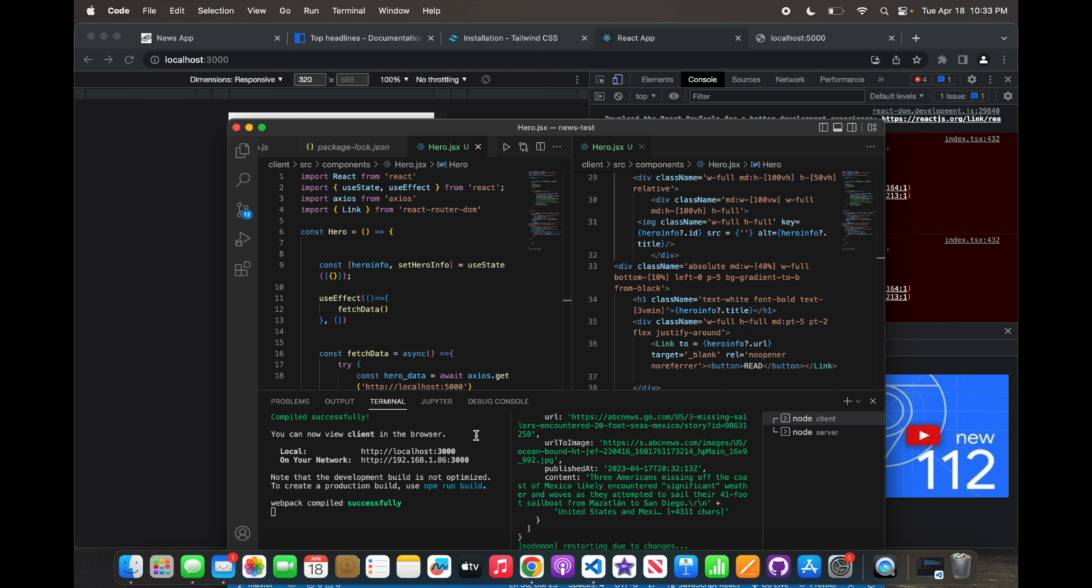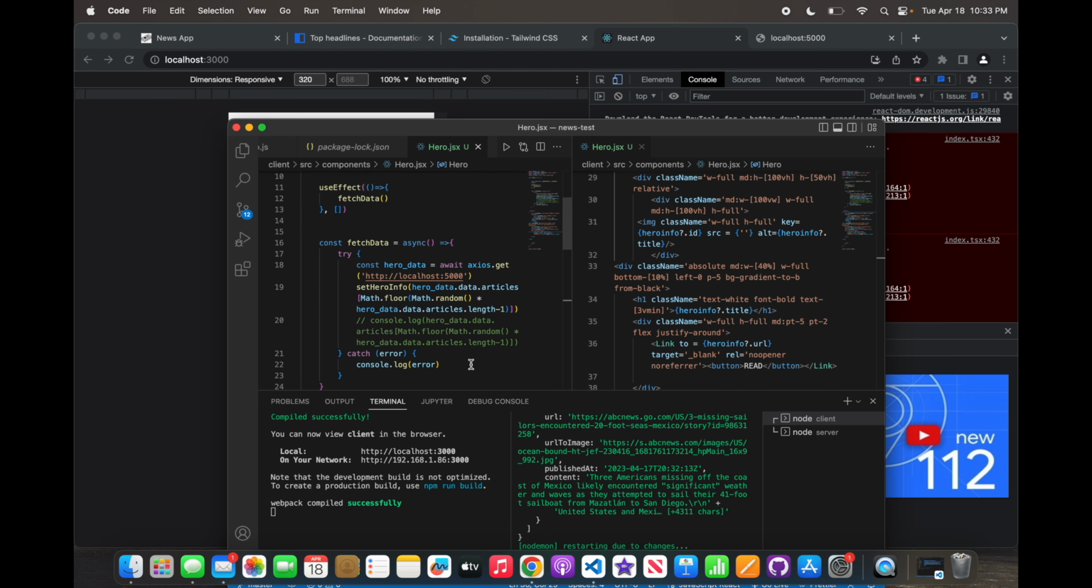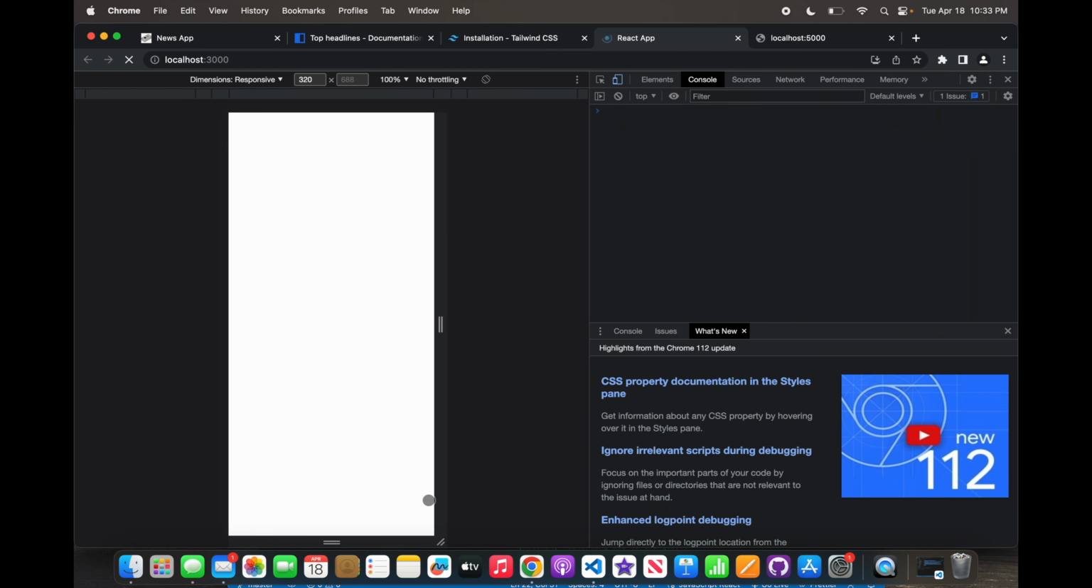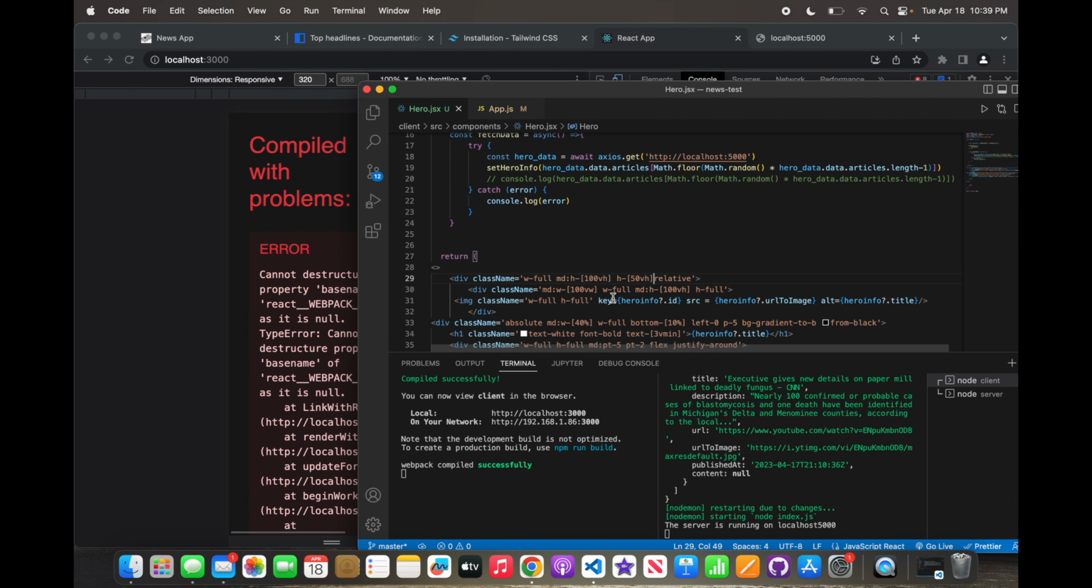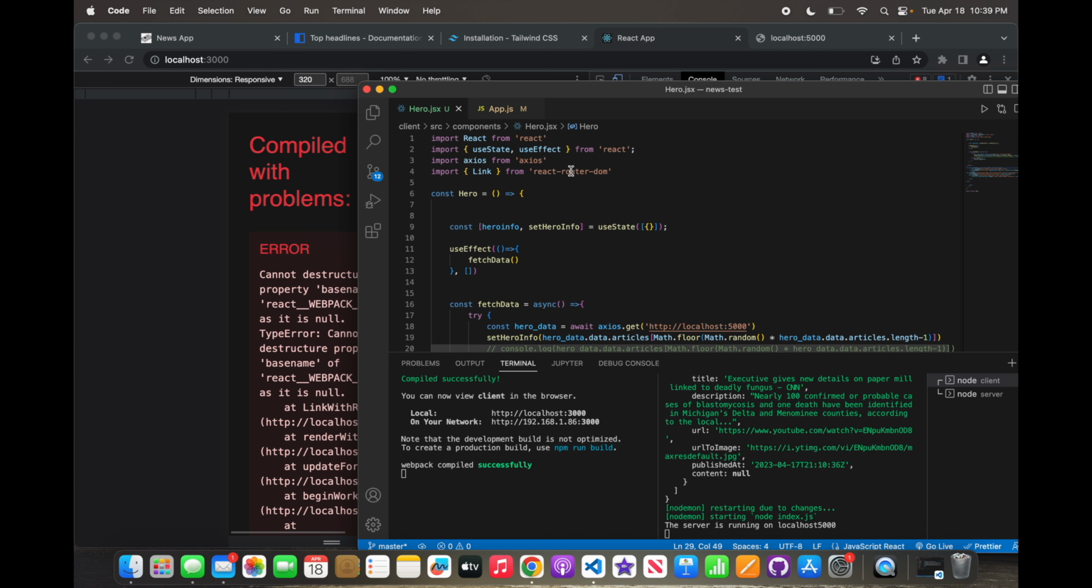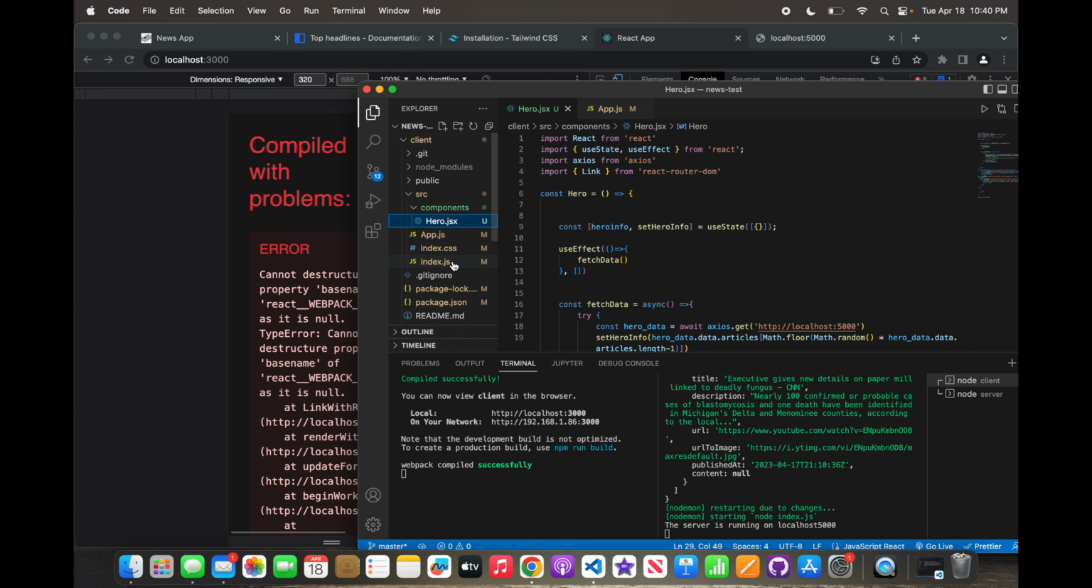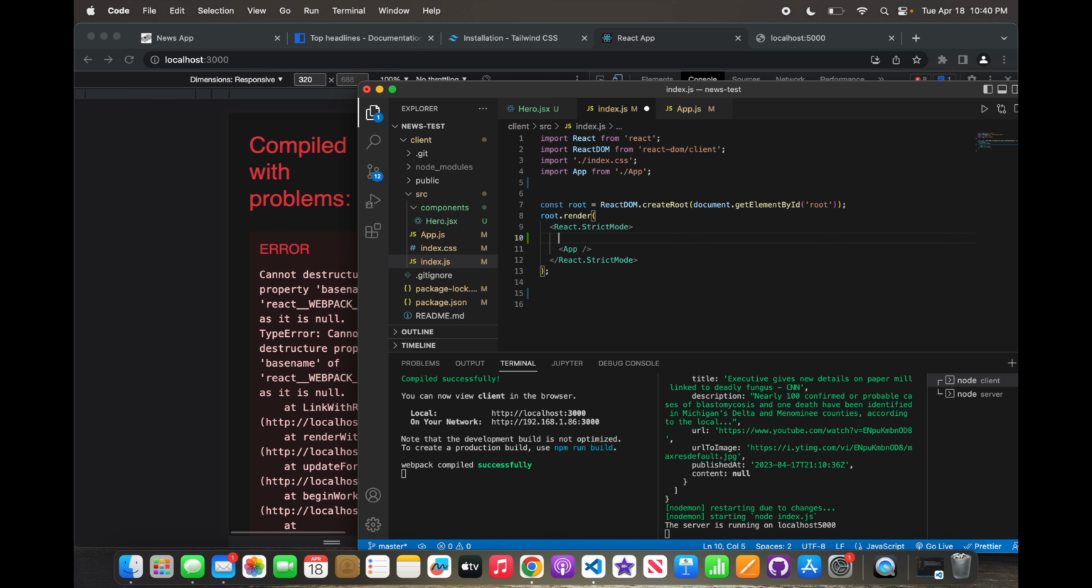Okay. So clear, npm run start. What is the problem now? The problem is, remember when we use a link here from React Router DOM? When we use link here from React Router DOM, we have to go in and actually activate, quote unquote, React Router DOM. So what we want to do is come over to index.js,